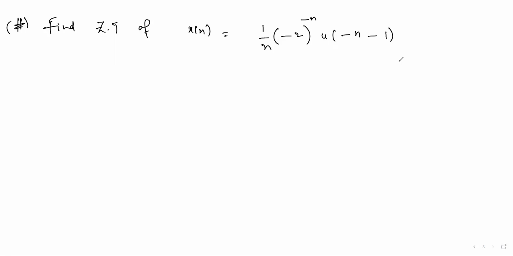Right. Just to verify your answer, someone. Here we have function x of n given like this, 1 by n minus 2 whole to the power of minus n, u of minus n minus 1. First, what will you do? n, take this side. Then I will get minus 2 whole to the power of minus n, u of minus n minus 1. Further, what we can do? a power n, minus u of minus n minus 1, we have the transform